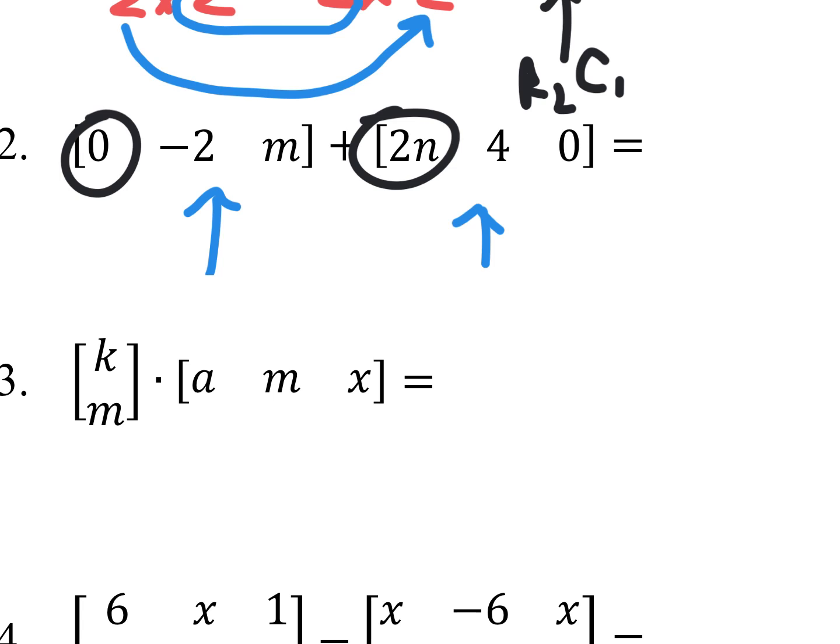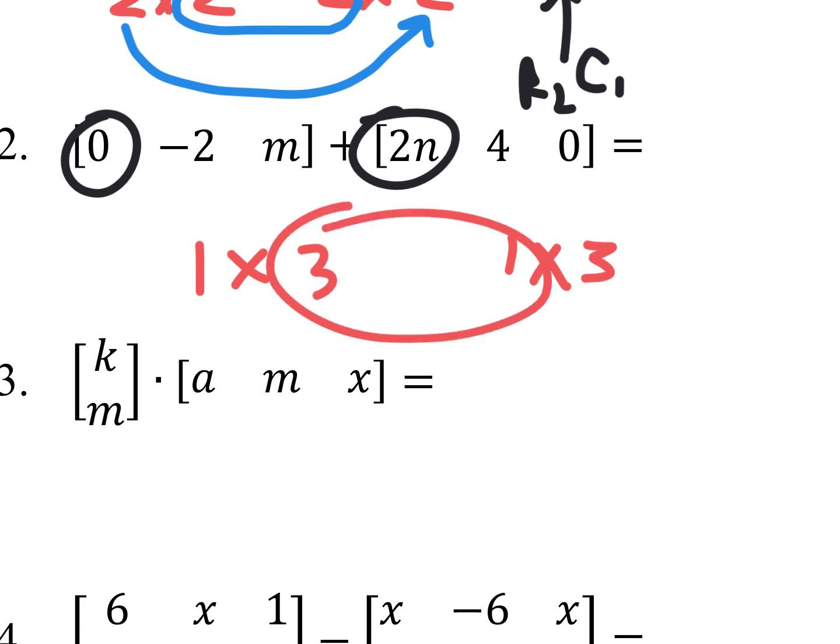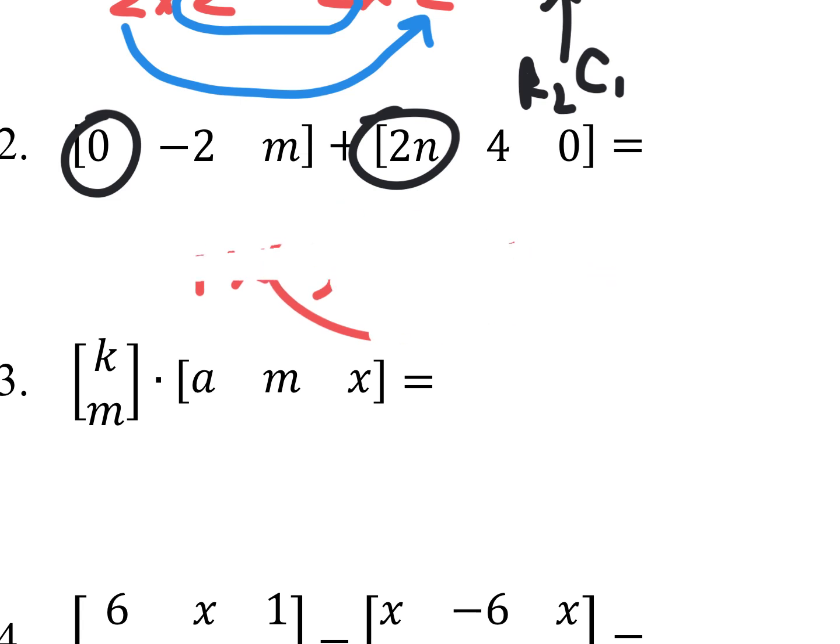If it had been a multiply problem, though, are these 3 by 1s or 1 by 3s? 1 by 3, 1 by 3. Would I have been able to multiply them? No, because these don't match. You can't multiply those matrices. It's a good thing we're just adding them. All right. Now the next one,